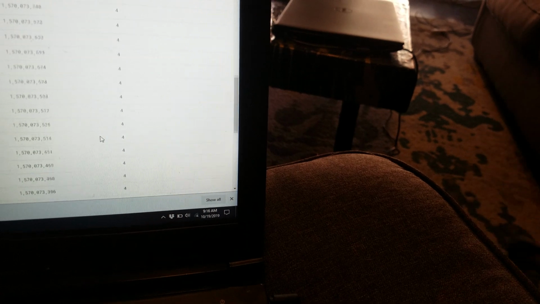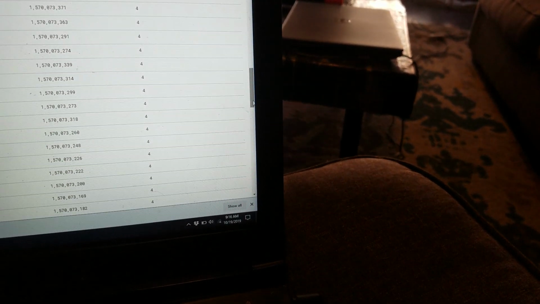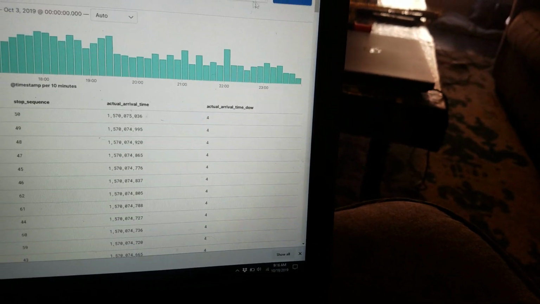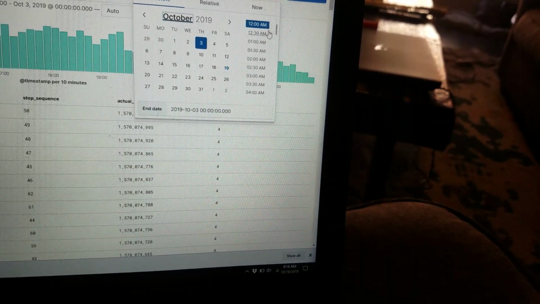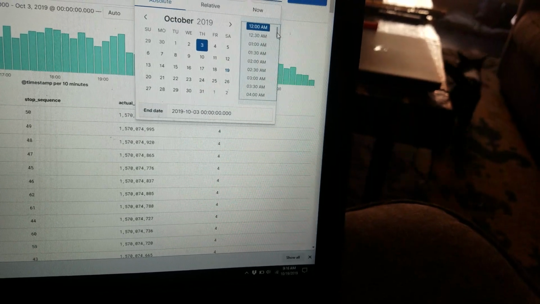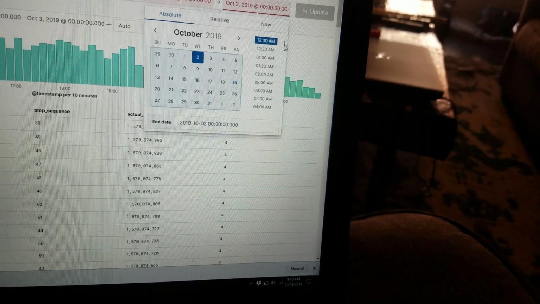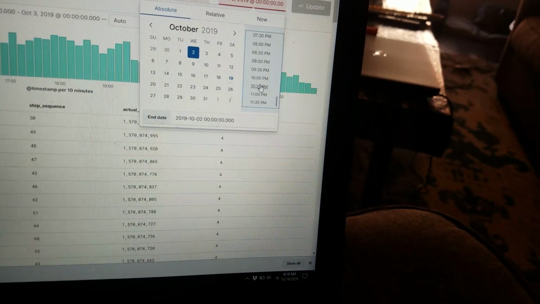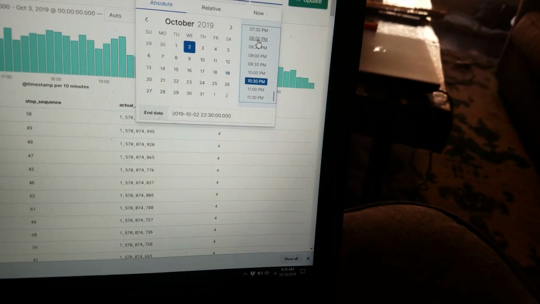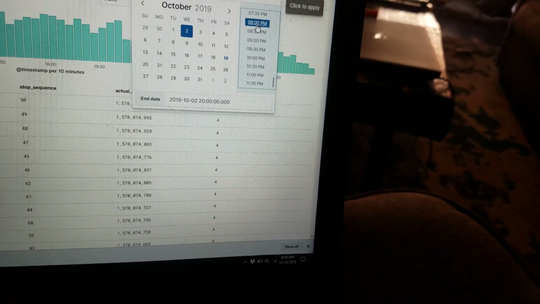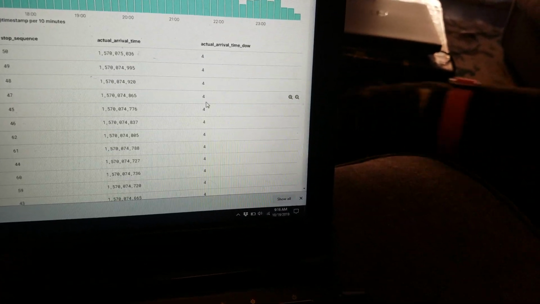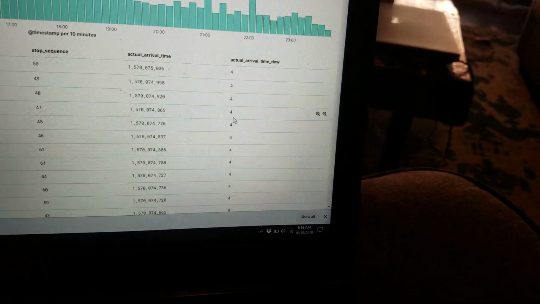Interesting. I wonder if that's a bug, actually, since it's so close to midnight. I'm kind of curious. There have been some edge cases, and I already know that I don't properly take into account daylight savings time, and that is an issue that's on my list. So let's go back to 8 and let's see what this looks like really quick. Let's refresh. Yeah, I think that's a bug,